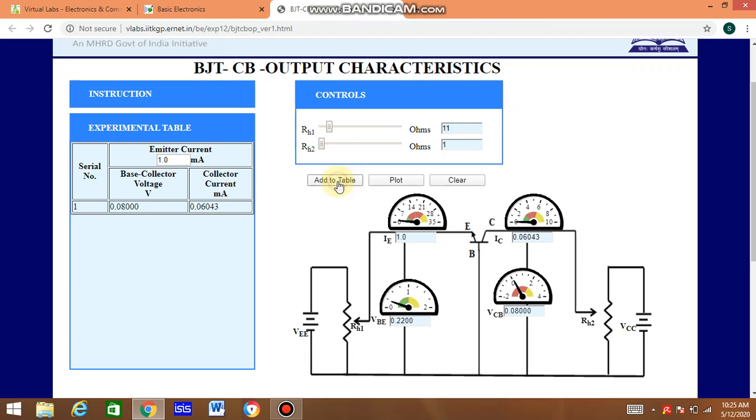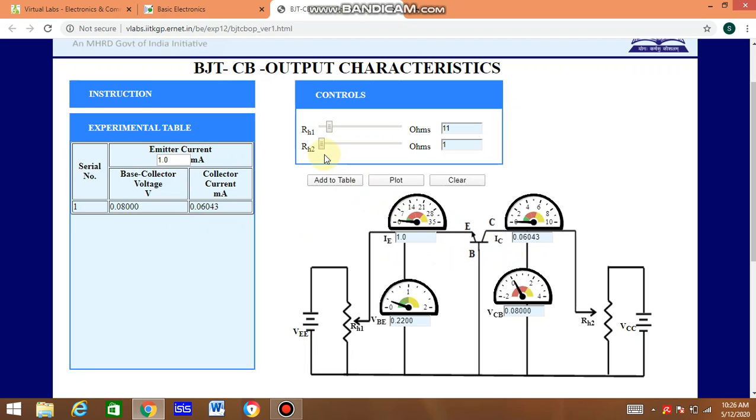You can add it to the table by clicking on the add to table button. The collector to base voltage right now is 0.08 and the collector current is 0.06043 milliampere.